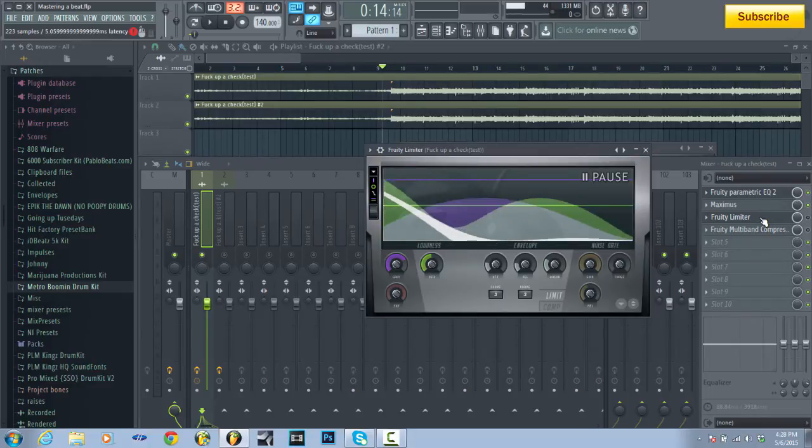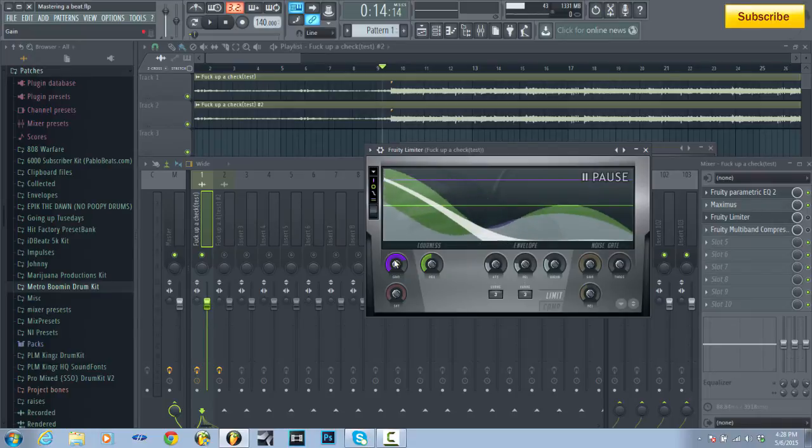They're very simple. But this one has a little bit more control, so you can actually control the attack and release. Some of them just give you the ceiling and the threshold, but you still get that right here. You get the ceiling right here. The gain would be a threshold pretty much. So the more gain you give it, you're pretty much lowering the threshold. So it's reverse. But then you also get this attack, release, and look ahead, which a lot of higher end